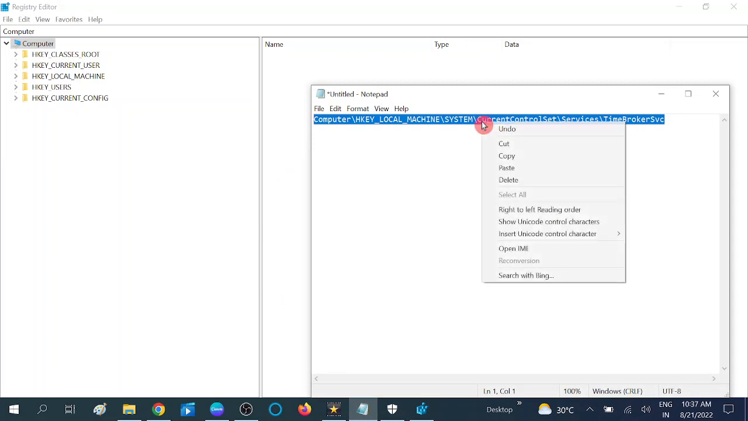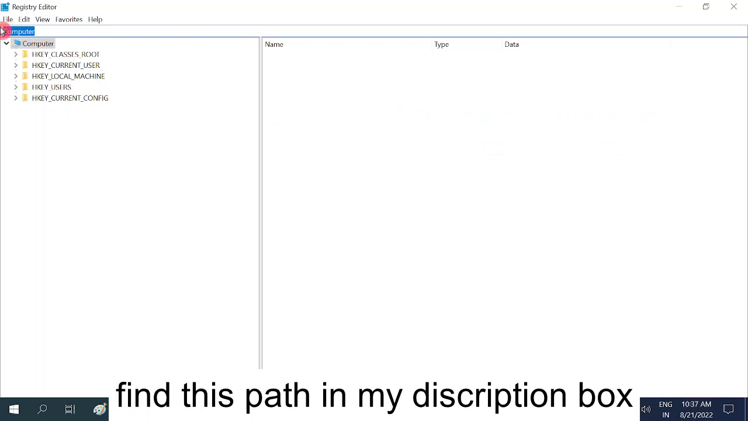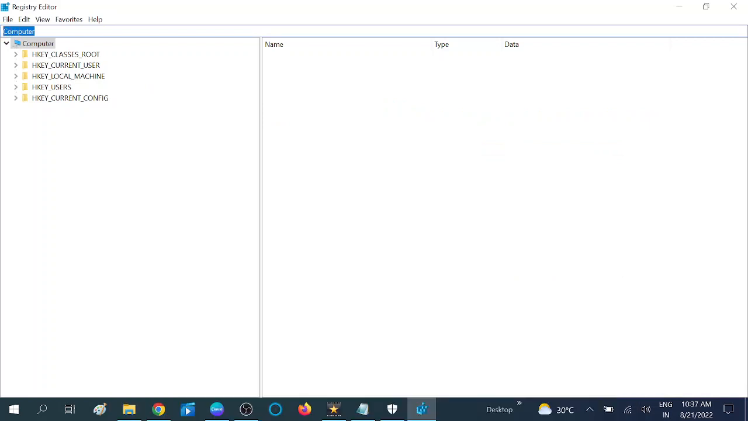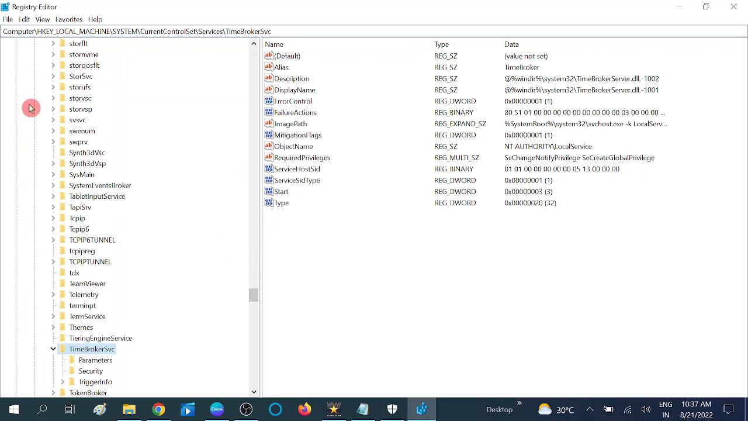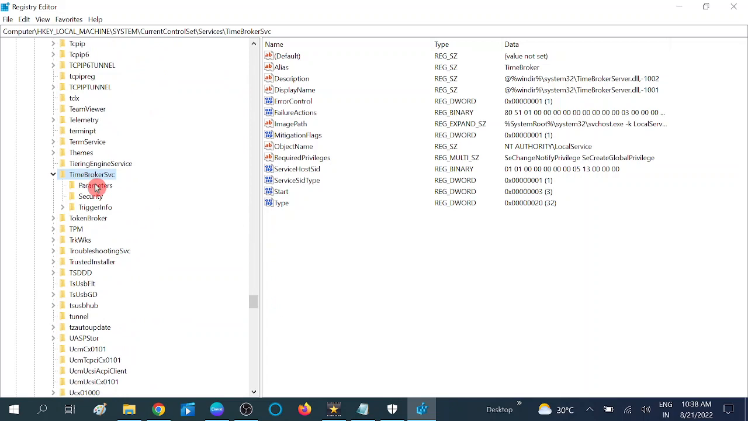Now copy this path, or you can navigate through this. Now minimize all this and paste this path into your registry editor. After pasting it, hit enter. Now you can navigate through this path like system, current control set, services, TimeBrokerSvc. Now this is the complete path of this. This is the complete path,